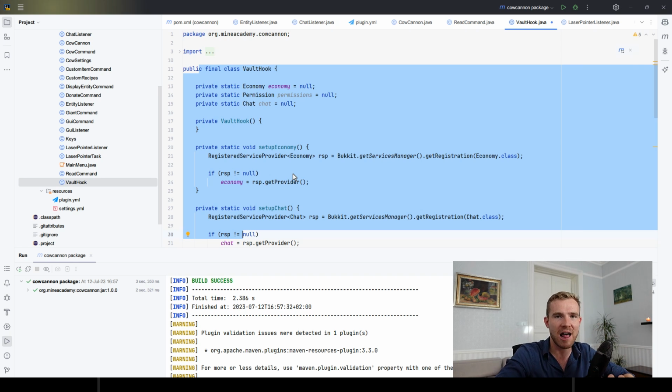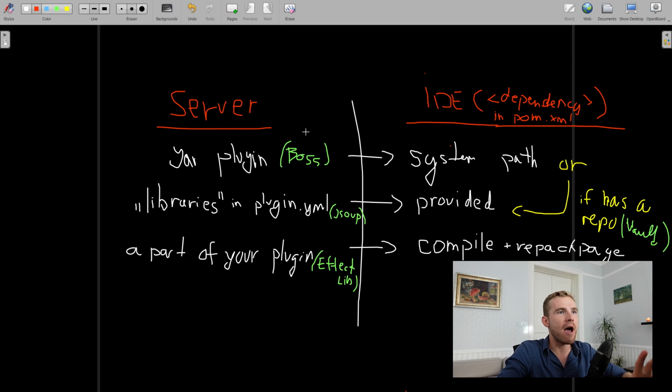Now, having said that, how do you actually connect your plugin that we're building throughout this series with another library? Now, there's a bunch of ways, and the most important thing I can tell you is this. You have a server, right? This is Paper or Spigot or Bukkit. The server needs to have,